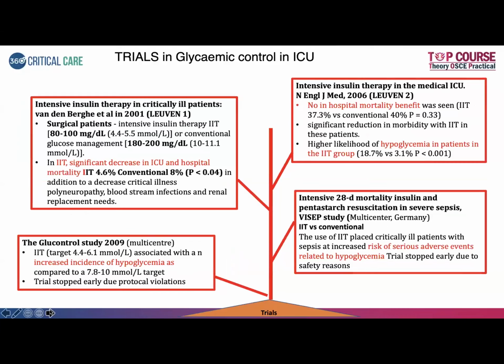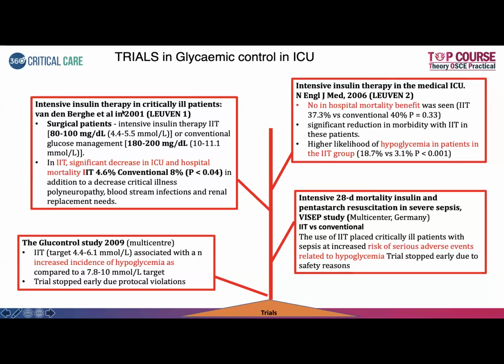So what is the range that you need to maintain for glycemic control in the ICU? We have a target of 140 to 180. How did we arrive at this? What are the trials, and how did we come to this conclusion? This is something you'll be asked in many of your practical exams or bedside discussions. So everybody will be doing this. It will be a rapid revision that I'll be going through.